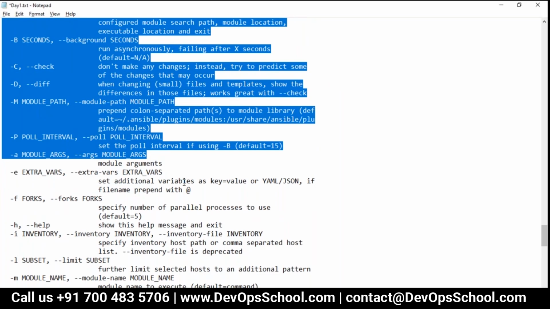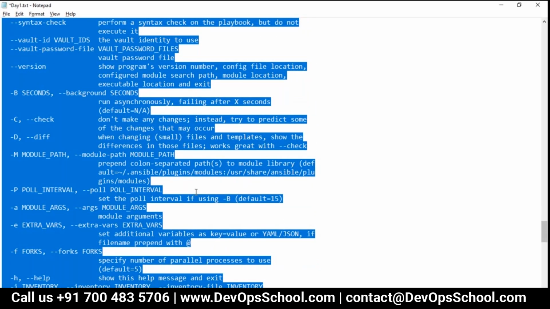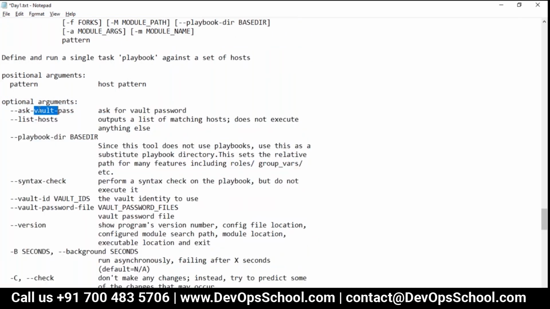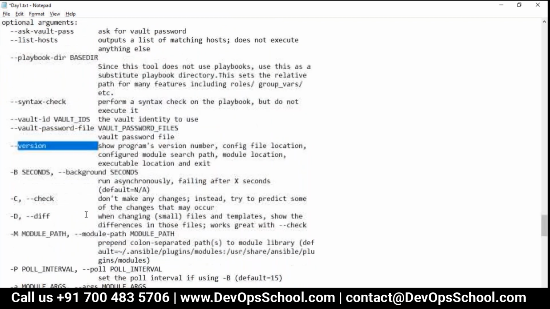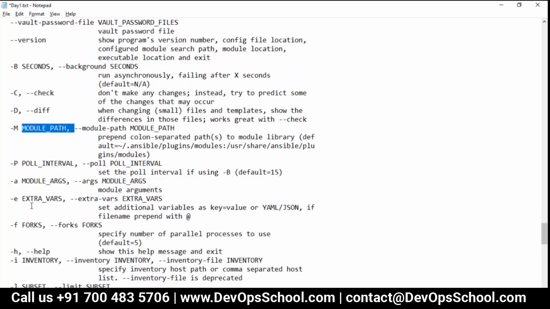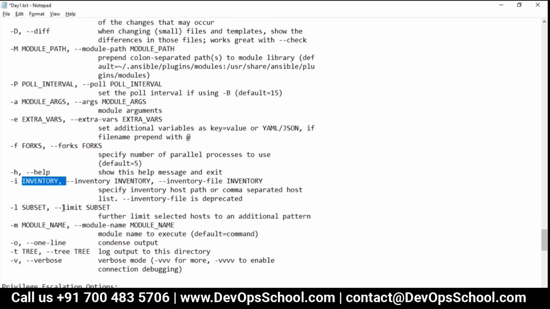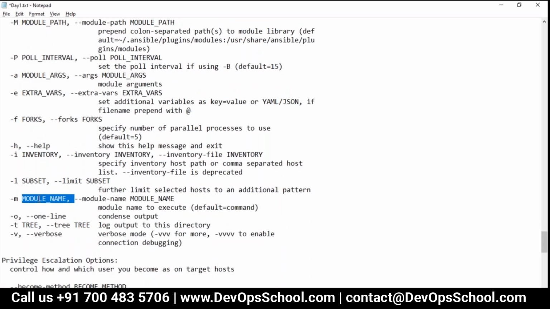So any solution? Do you see any solutions here? Look at this. See here. Vault password, list host, syntax check, versioning check, module path, variables, inventory, module name I've used.